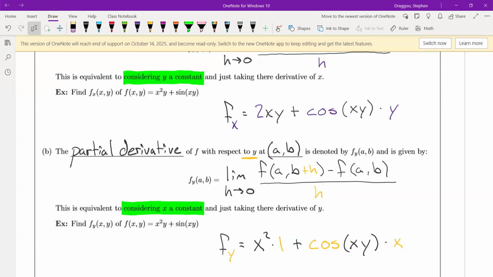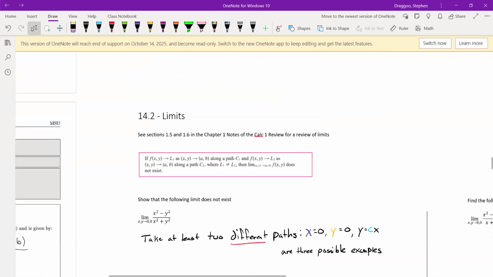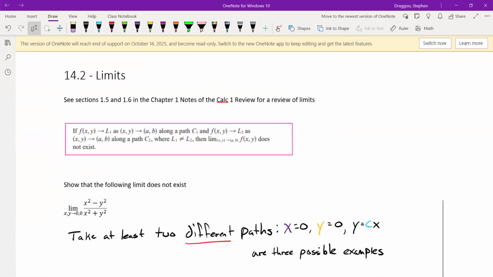Technically, these things are defined as a limit, which is the same derivative limit that you saw all the way back in Calc 1. We're going to take the limit as h goes to 0 of the difference quotient. Basically, look at taking two points that are really, really close together and finding the slope between them, and then make the distance between them go to 0. Which means we need to talk about